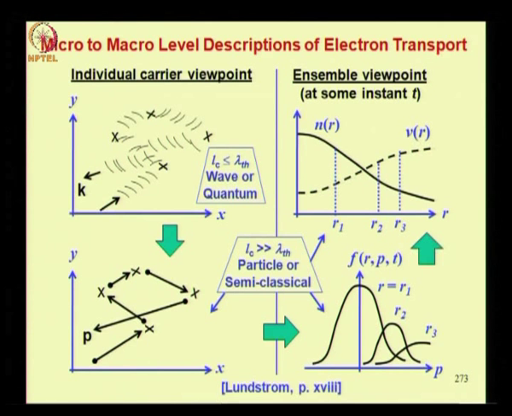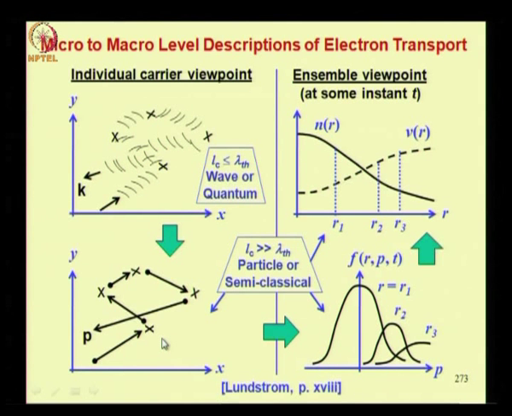Now let us look at the various descriptions of electron transport that we gave. So we discussed the 4 levels, micro to macro level. The fundamental level is the electron as a wave between 2 collisions. This level works when the mean free path or device size is less than the thermal average wavelength, or we have to resort to this approach if you really have such small devices. On the other hand, when the mean free path is much greater than the thermal average wavelength, we can use the particle approximation for the electron, and you have 3 possible levels discussed here.